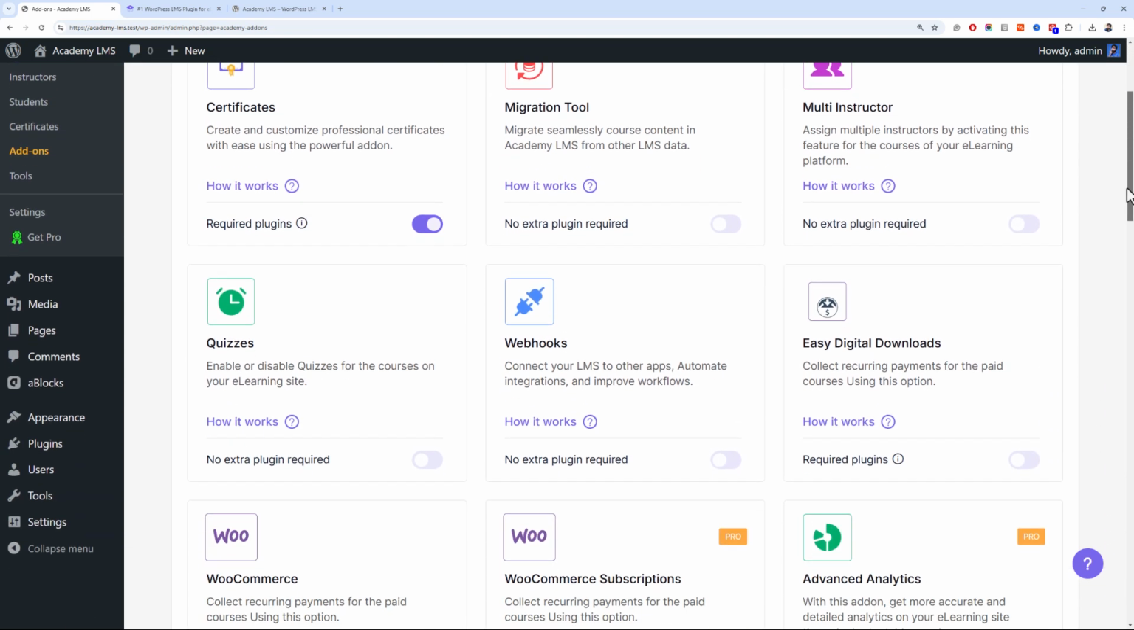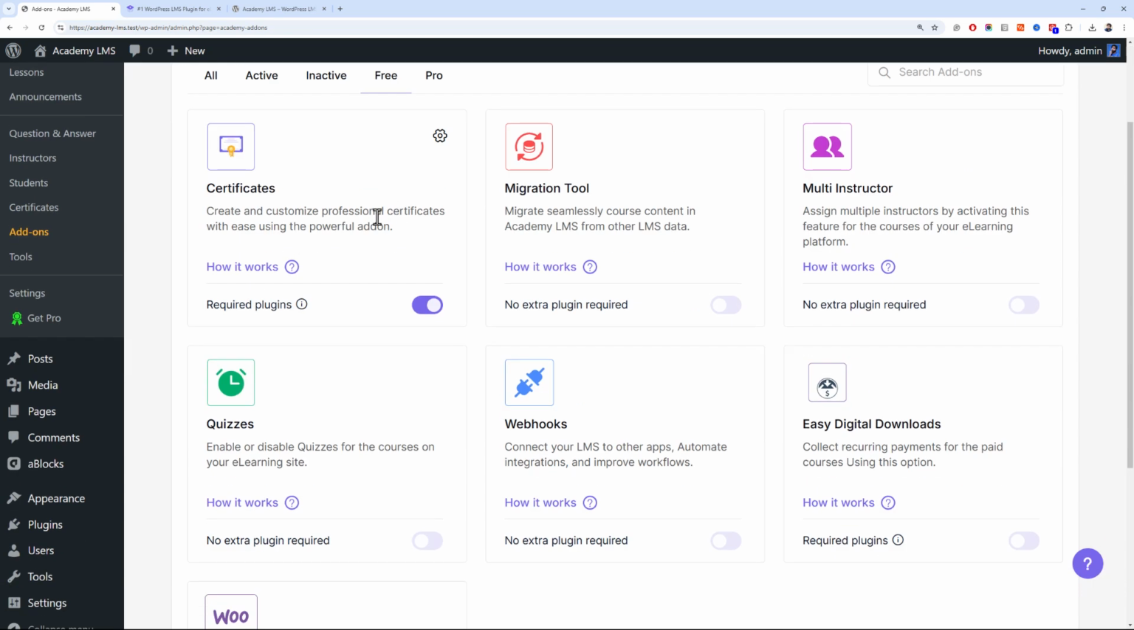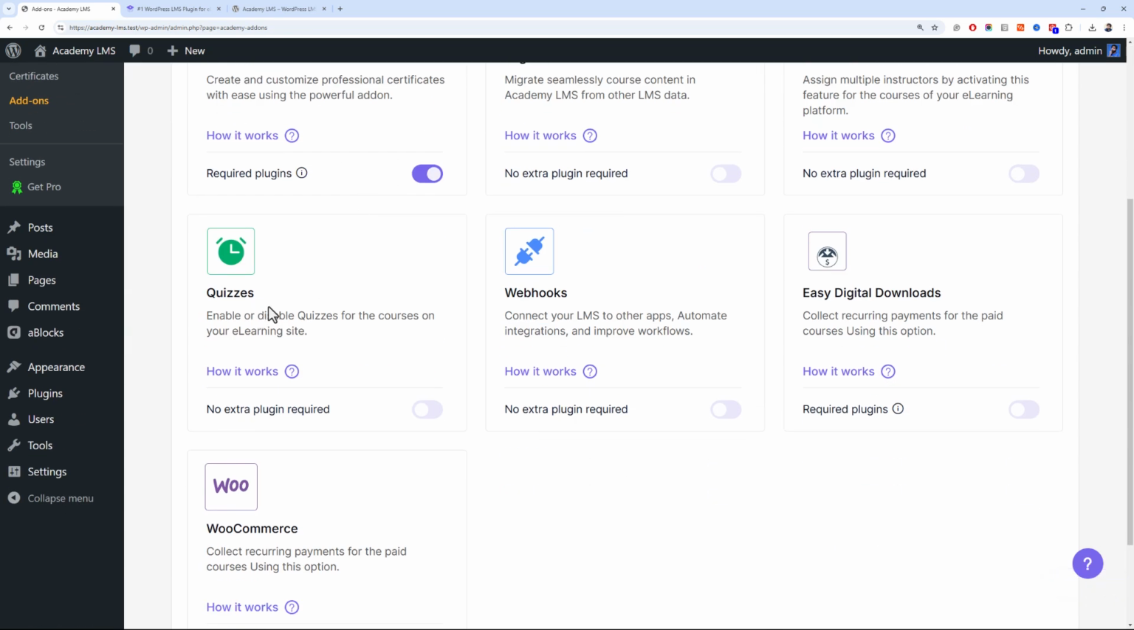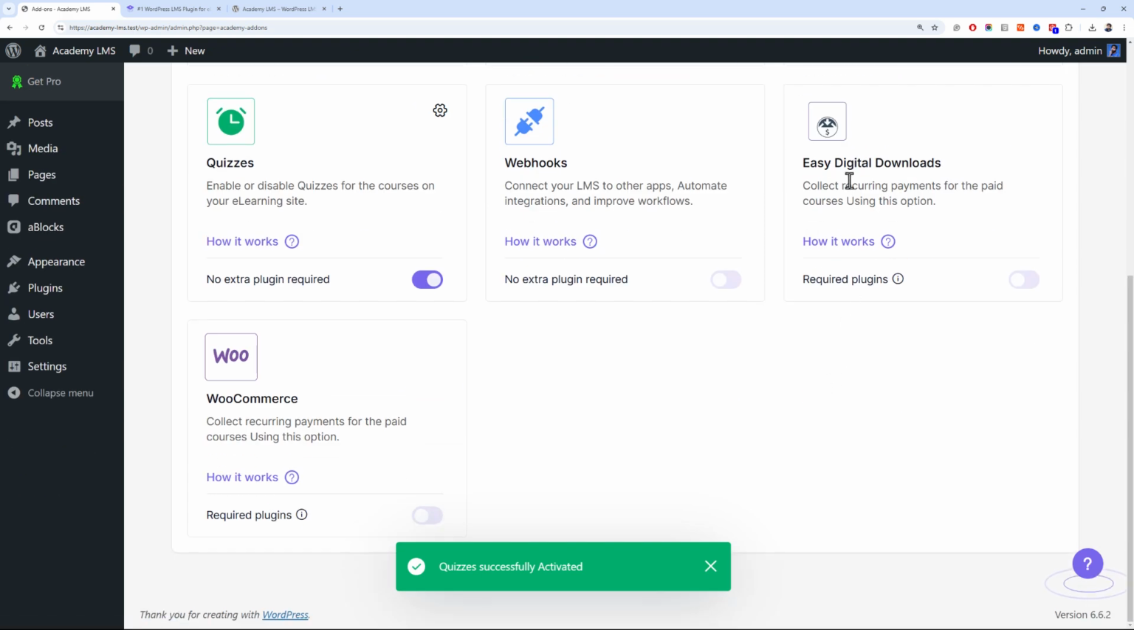So you can now install other plugins or add-ons if you like in the free version. Like if you want to enable the quizzes module, you will just activate it over here. And if you want to integrate Easy Digital Downloads, you will activate over here. And if you want to sell the courses, if you want to monetize your platform, then you will have to install a commerce plugin. So I'll install